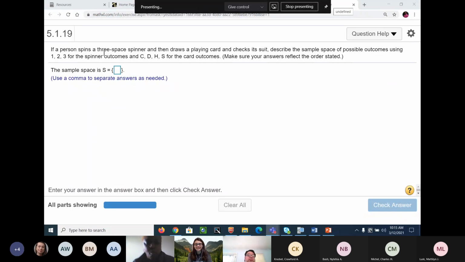All right. If a person spins a three-space spinner and then draws a playing card and checks his suit, describe the sample space of possible outcomes using 1, 2, 3 for the spinner outcomes, and CDHS for the card outcomes. Make sure your answers reflect the order stated. Now, you could actually do this like so, make a sample space, and we got 1, 2, 3,